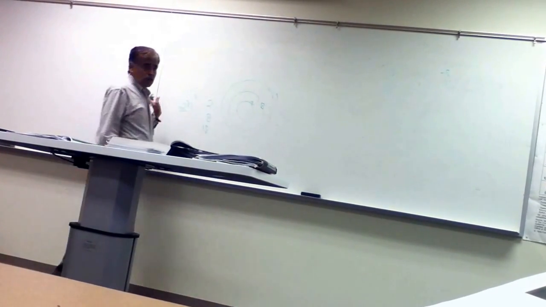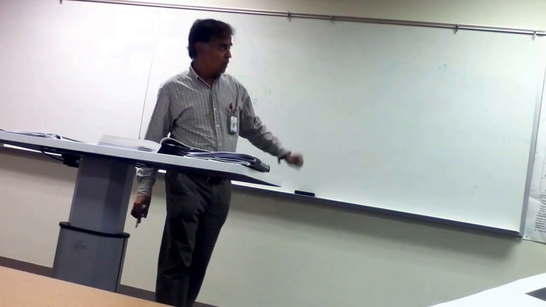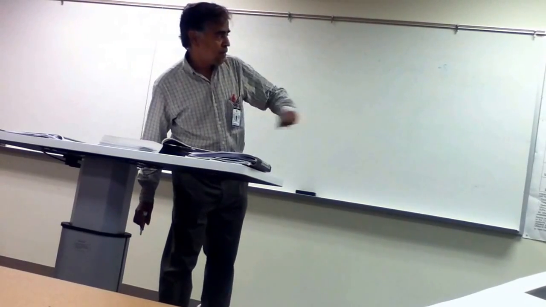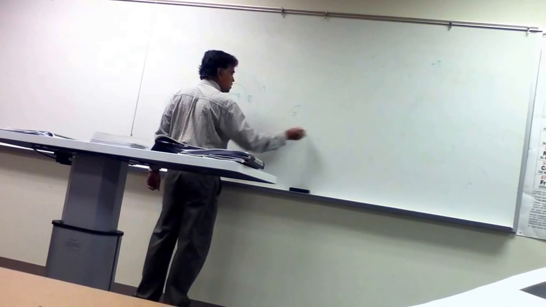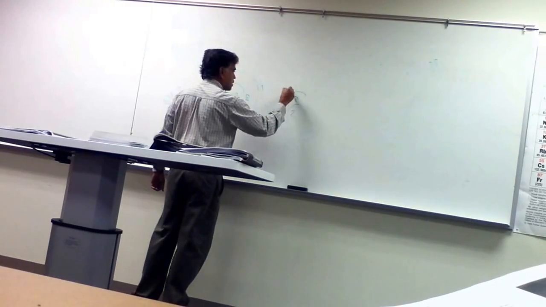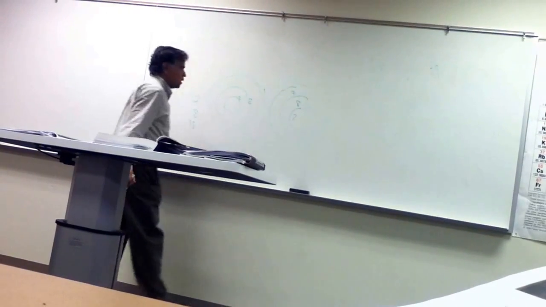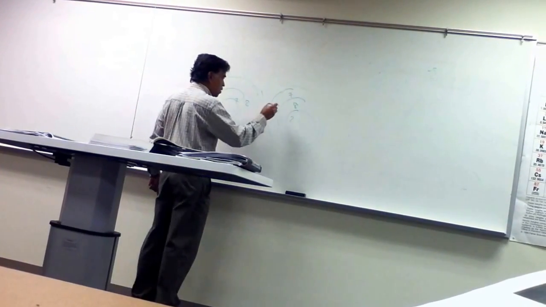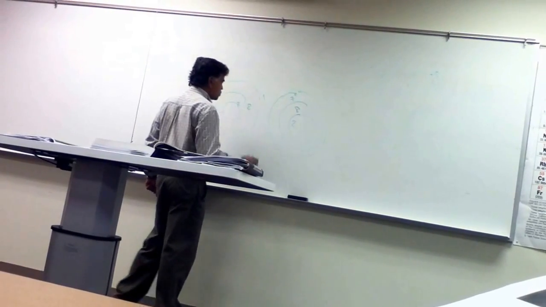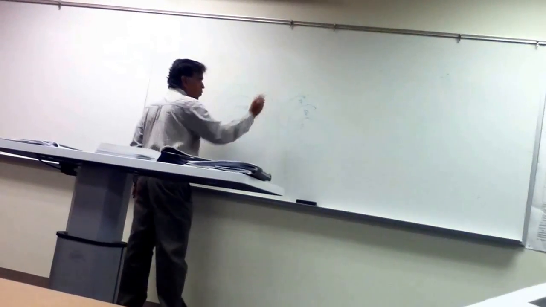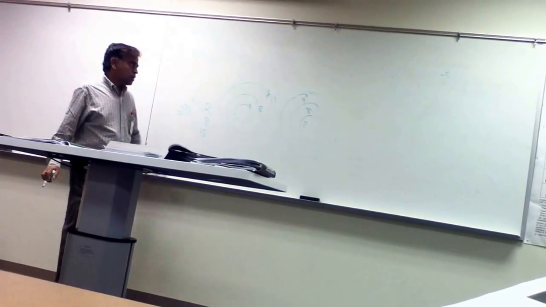What is chlorine? What is the atomic number? Where is chlorine? 17. Okay. So you have 2, 8, and 7. So you have 7 electrons in the outermost orbit. Here you have 1 electron. Okay. So now